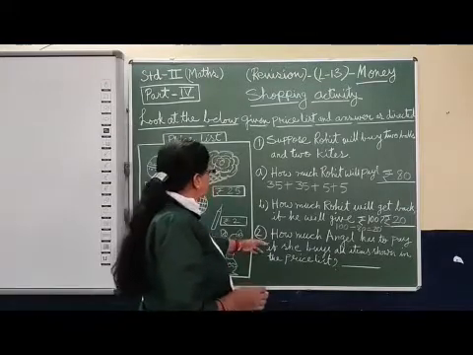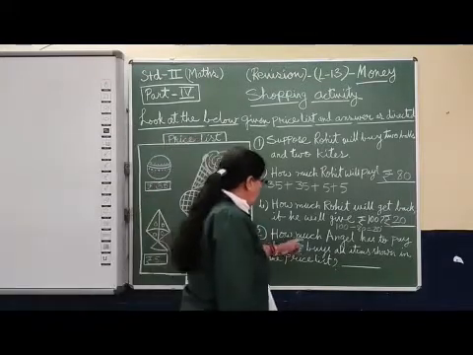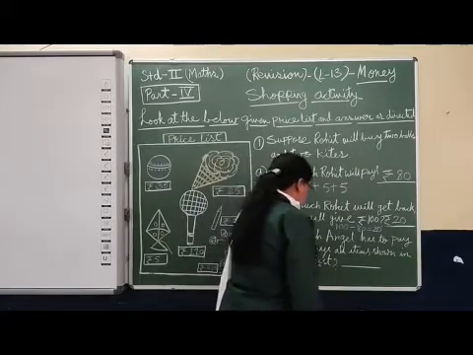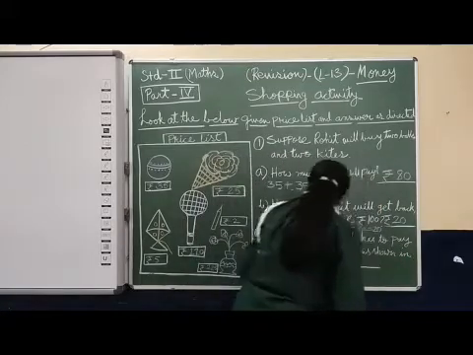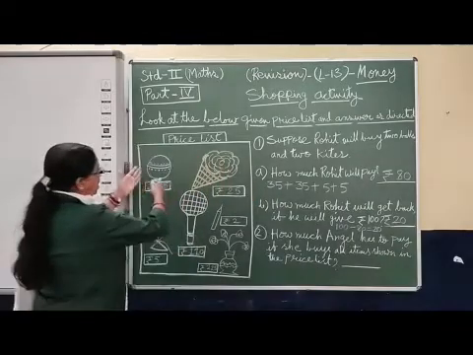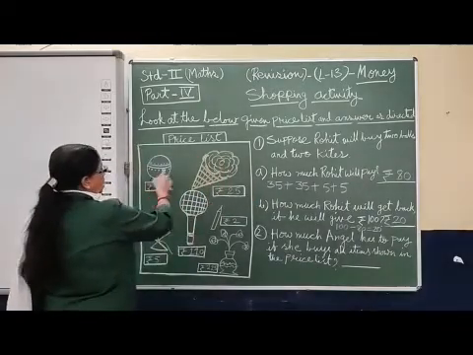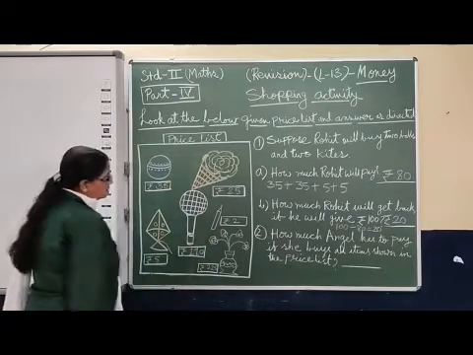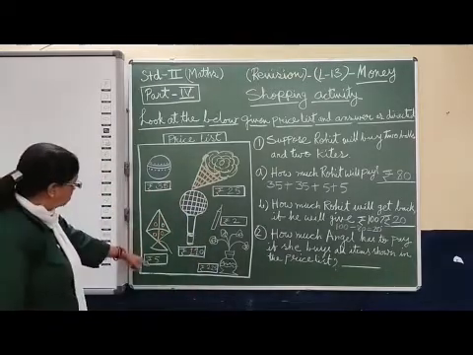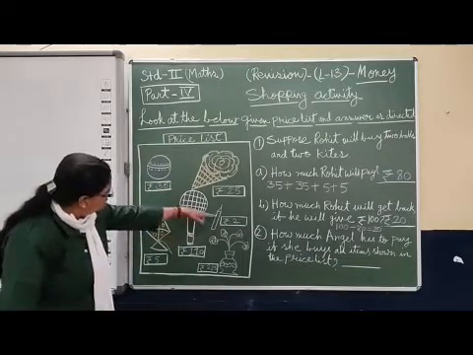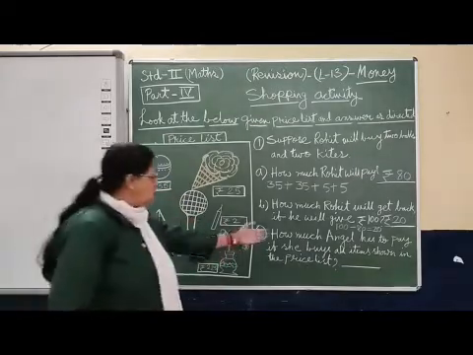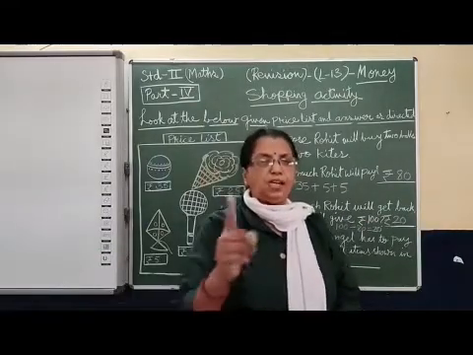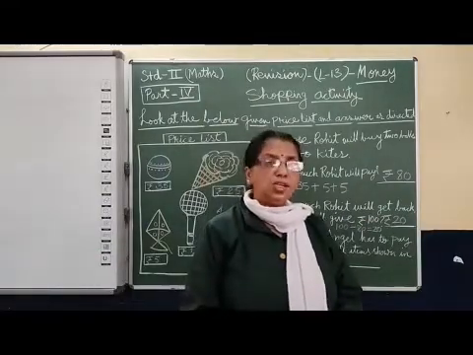Now take the second number question. How much does Angel have to pay if she buys all items shown in the price list? In the price list, how many items? 1, 2, 3, 4, 5, 6 items are there. Suppose Angel is a girl, she wants to purchase all the items, one each. Then how much does she have to pay?